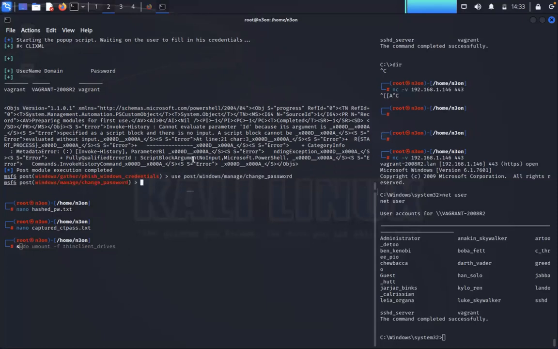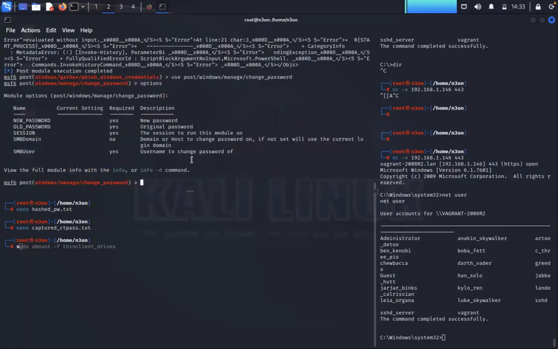Now we would need to know the current username, the current password. So let's look at the options, what it's asking. So it's going, hey, you need to know, and the new password is going to be required. We are going to require the original password. We are going to require your session and a copy of the username as well. So let's try this, right? Let's go see if we can do this. So let's go set